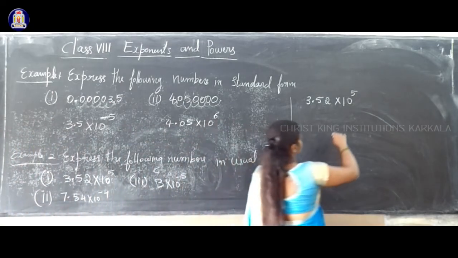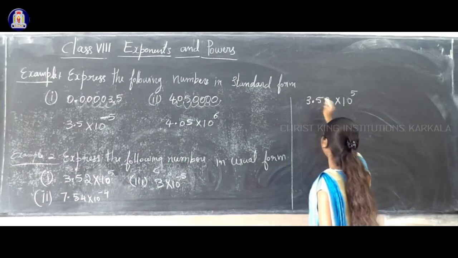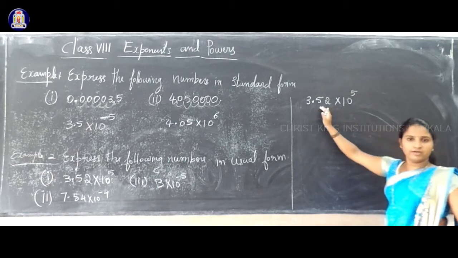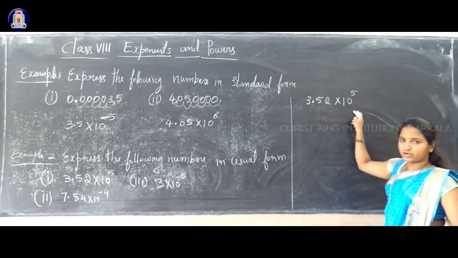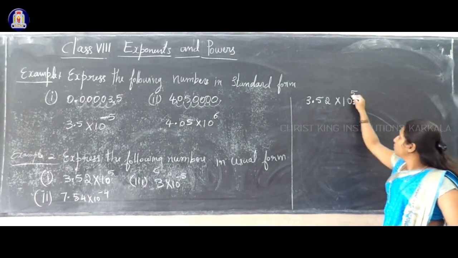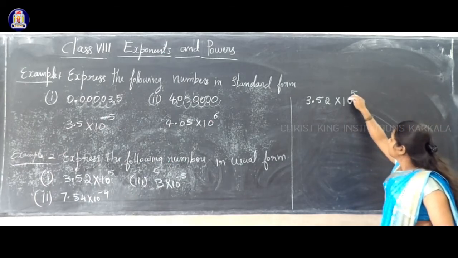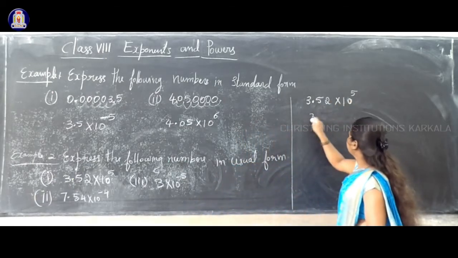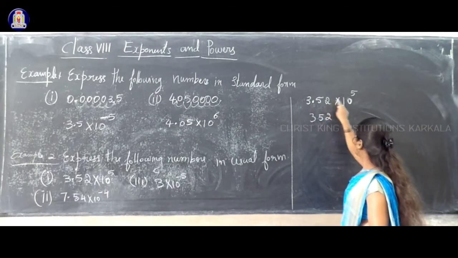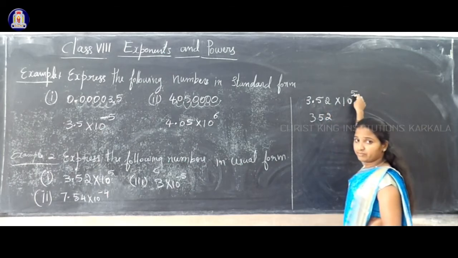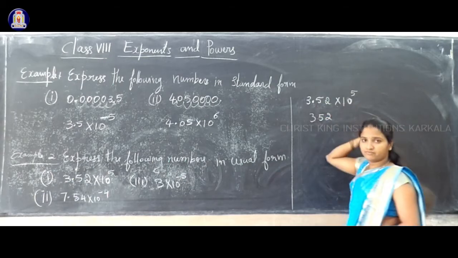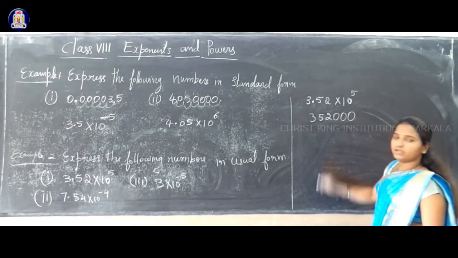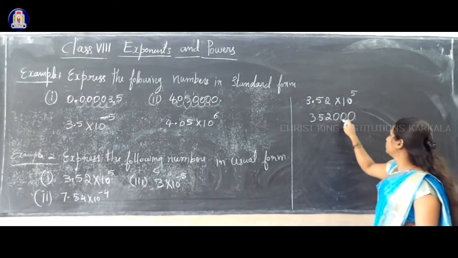So now how can we write this? The decimal point we move to the right-hand side. How many steps do we move to the right? Why are we moving the decimal point to the right-hand side? Because the question is given in standard form. Clear? Here 10 power 5 means 5 digits after the decimal point, right? So now 1, 2, 3, 4, 5. The remaining places you can fill with zeros.